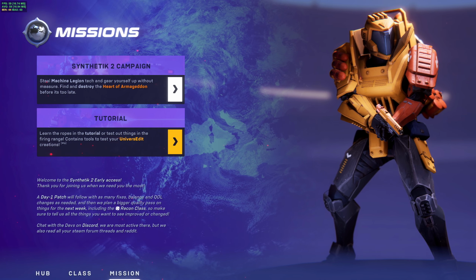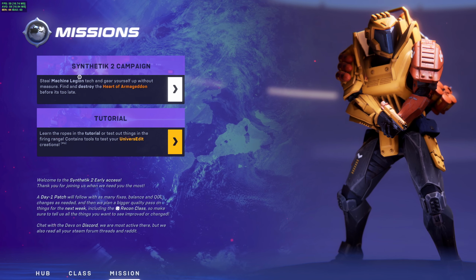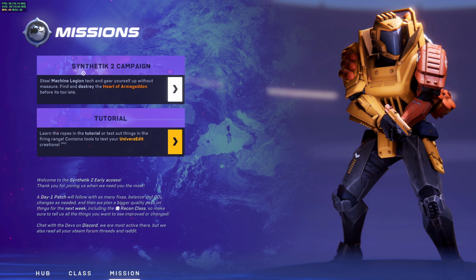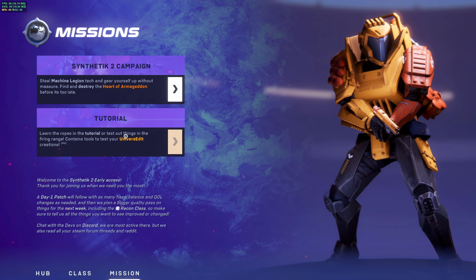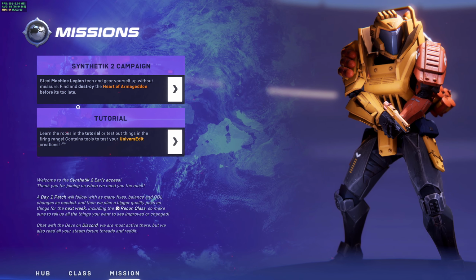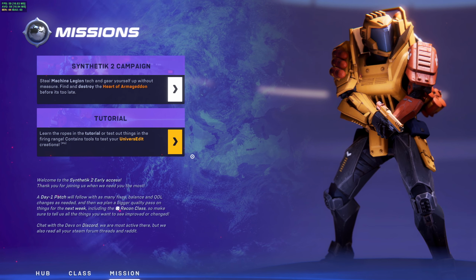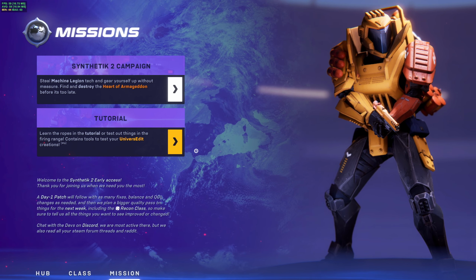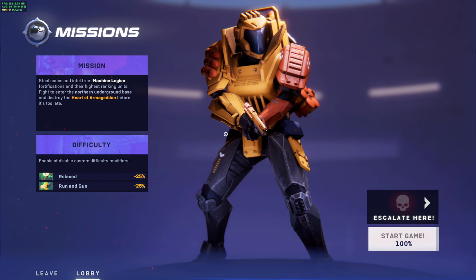Right now, there's only one campaign, which is the Heart of Armageddon, where you fight against the Machine Legion. I understand there'll be different factions in the main game. For now, we can only play that one. If we click through on that, obviously here's the tutorial, by the way, and you can run that. You should run that to understand some of the core game mechanics. We'll run through those as we go into the game, though, so I'm not going to touch on that right now. So, jumping into the campaign itself,